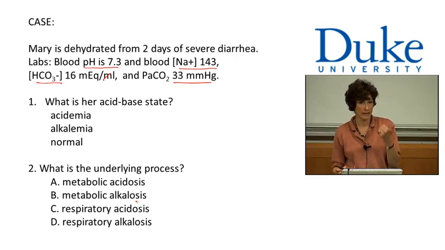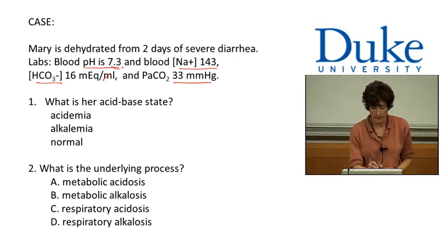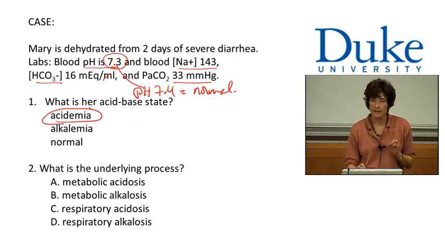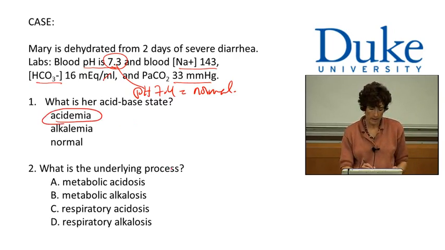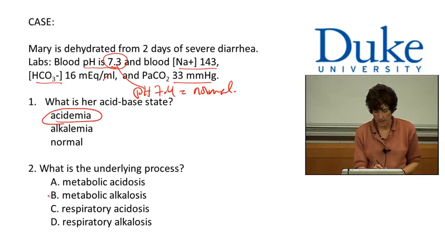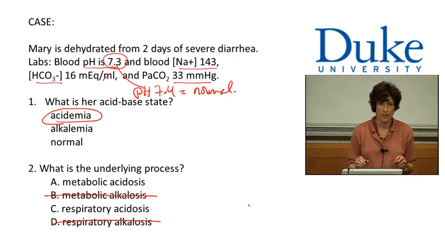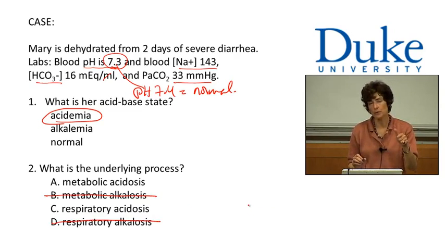So the first thing we look at is pH, and the pH is 7.3, so that's less than 7.4. 7.4 is normal. And so that means that she has acidemia. The second question is, what's the underlying process? So if she has acidemia, we can immediately rule out alkalosis, whether it's metabolic or respiratory. The alkalosis doesn't apply. And so now you have to decide, is respiratory the cause, or is it